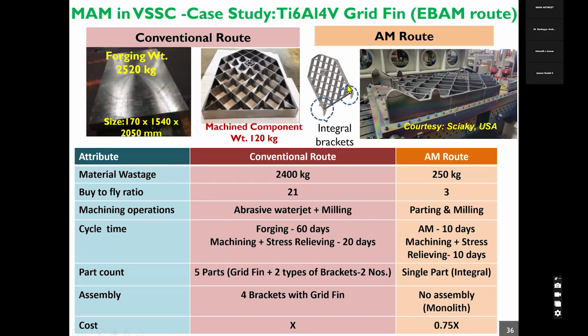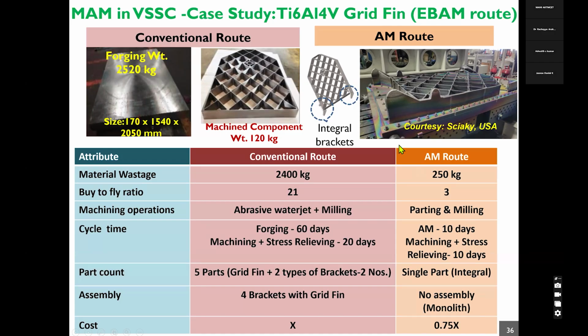And we adopted additive manufacturing. So you can see here, we could bring down the buy-to-fly ratio from 21 to 3 in case of additive manufacturing. So we have also eliminated the machining operations like abrasive water jet cutting to remove these pockets. So here you need to do only parting from the base plate and milling of these faces to realize the